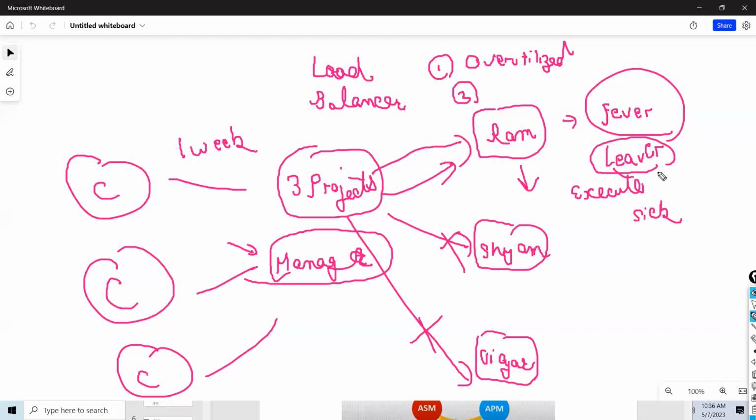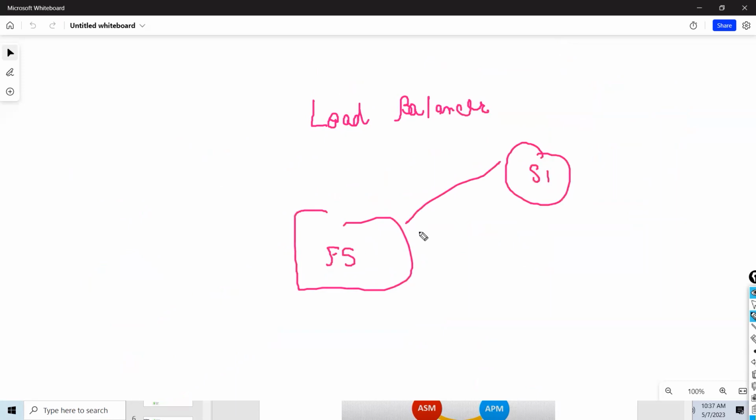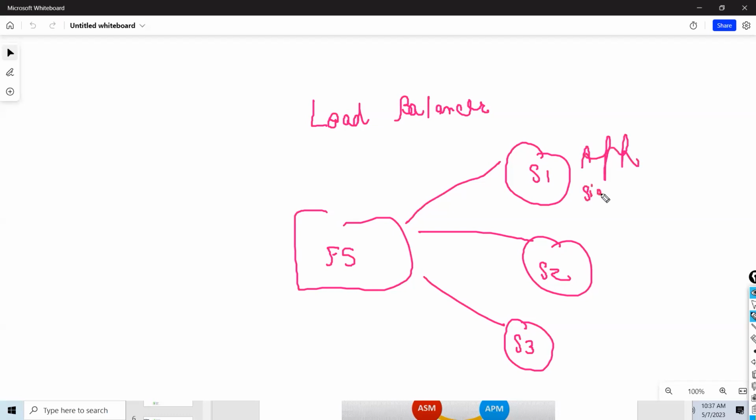Customer says, I want my application to be accessible. I don't care whether you want 10 resources, 20 resources, I don't care. So in that case, guys, load balancer came into picture. Very important term. So in that case, what happens? Your F5 will have multiple servers behind F5. In this case, the same application, SIANETS.com, will be hosted in one server here. The same application will be hosted here. The same application will be hosted here. And what does the advantage come?